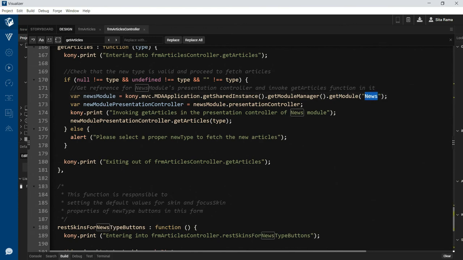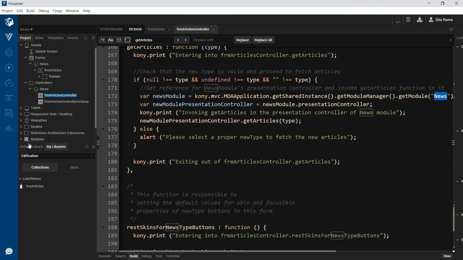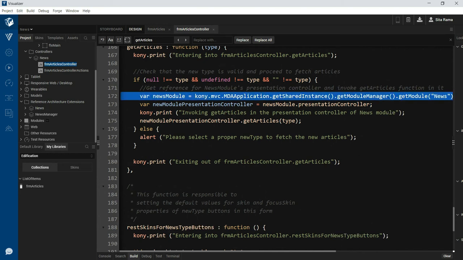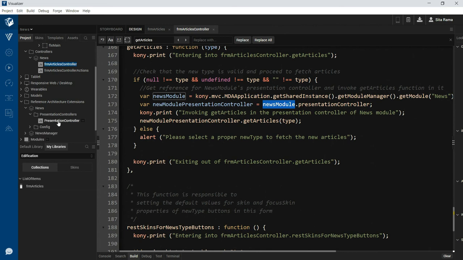If you recollect, we have created a reference architecture extension module with the name as news. So we are getting reference to this news module from this line of code, and after getting the reference for the news module, we are getting the reference to the presentation controller available inside that module.